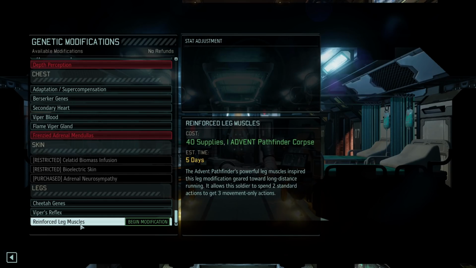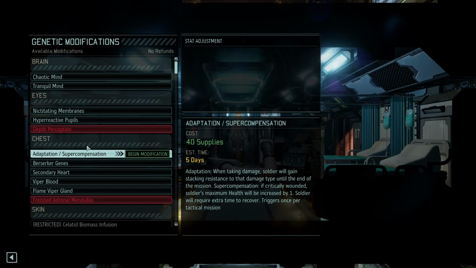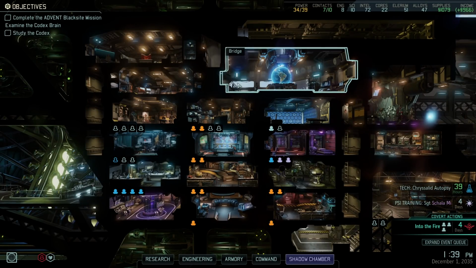While, for example, these reinforced leg muscles can sometimes be okay-ish, I'm not really a big fan. I don't think that's worth the cost. There are better leg enhancements that you can get. So that's why I'm not doing any genetics right now. It all seems